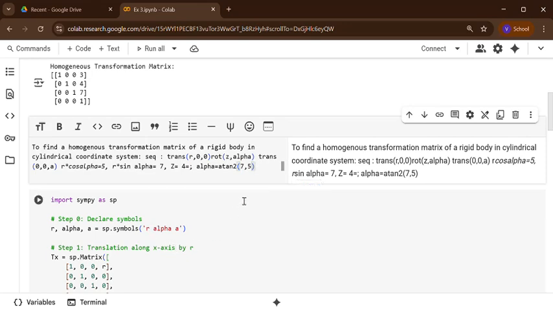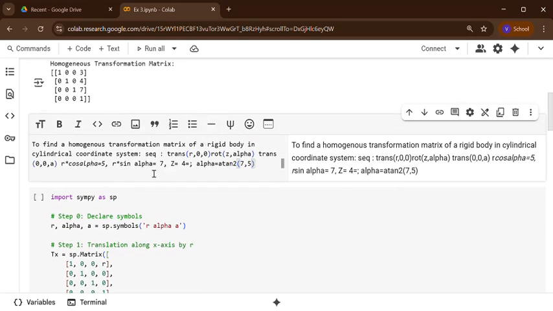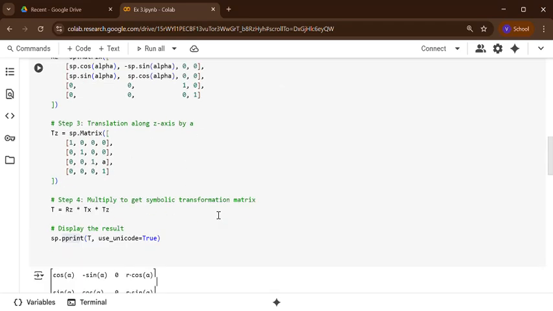So like this, if any client is approaching you, saying that you have to use a cylindrical robot and this is our final value, accordingly you have to find out the values. You have to find the R value, the alpha value and the A value. Then make sure that you operate the robot with these corresponding values. If you do that, automatically your robot will reach the point x equal to 5, y equal to 7, z equal to 4. So this is how it works.